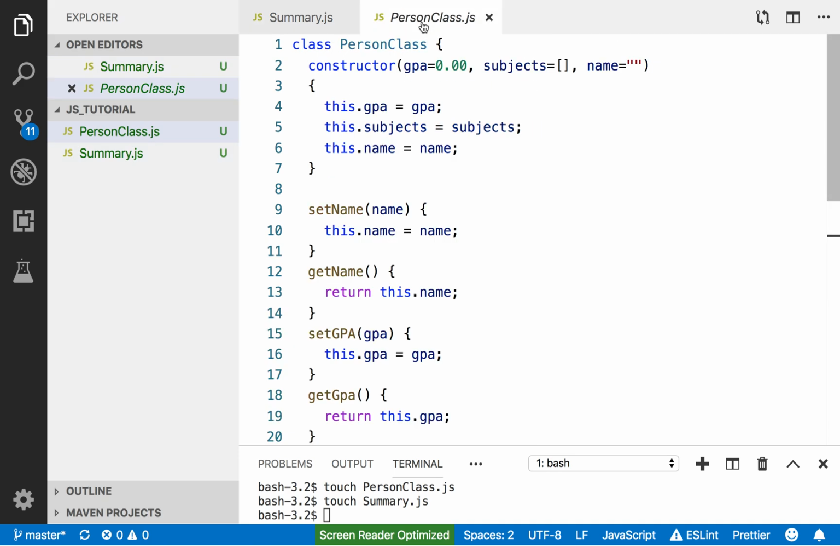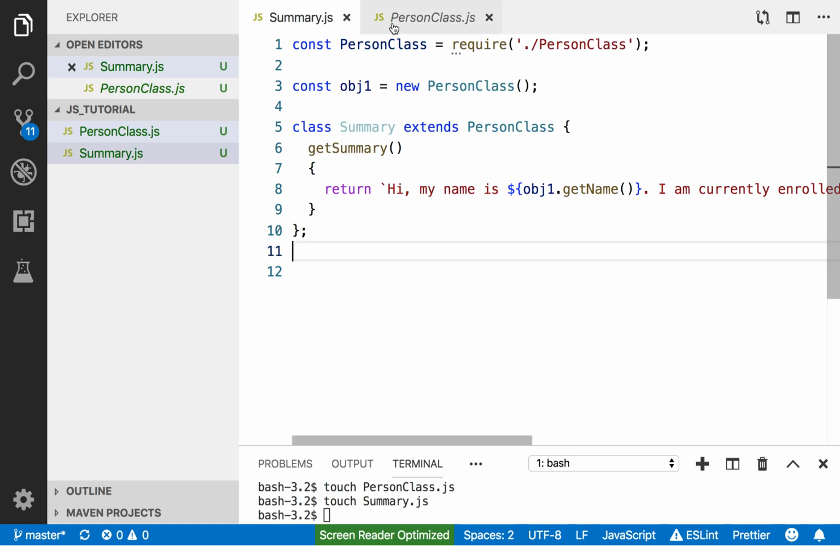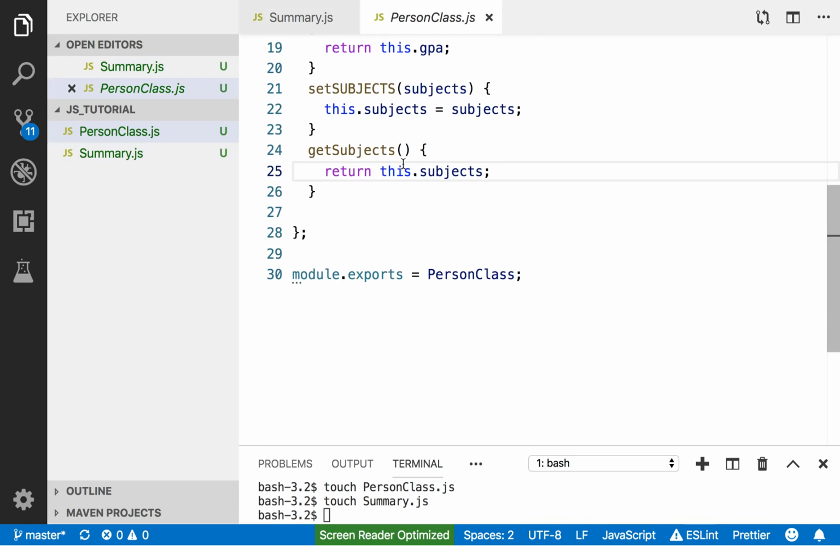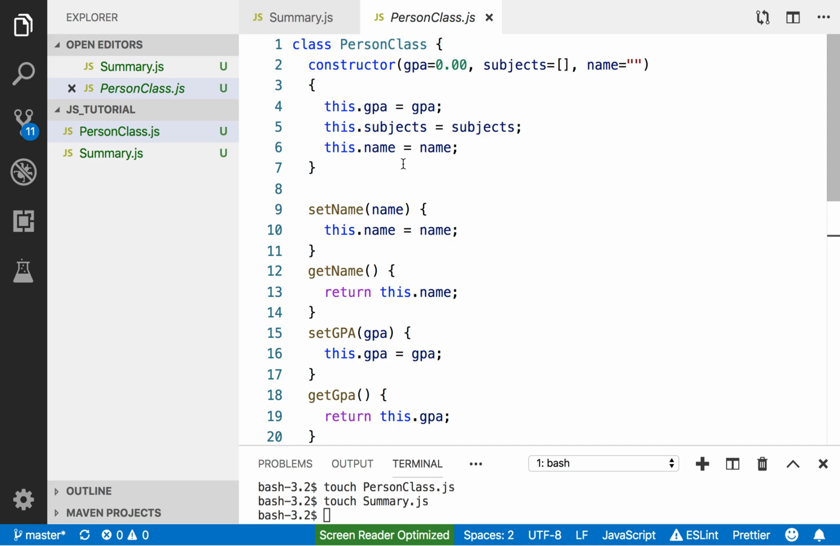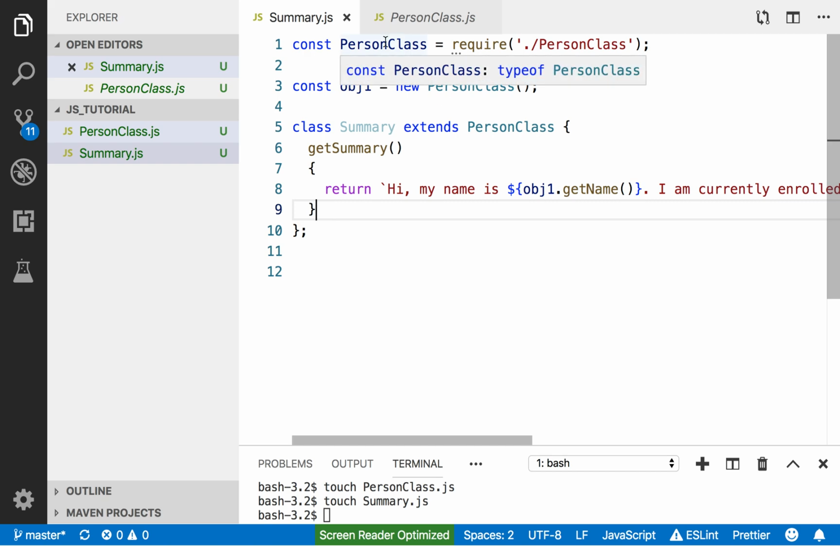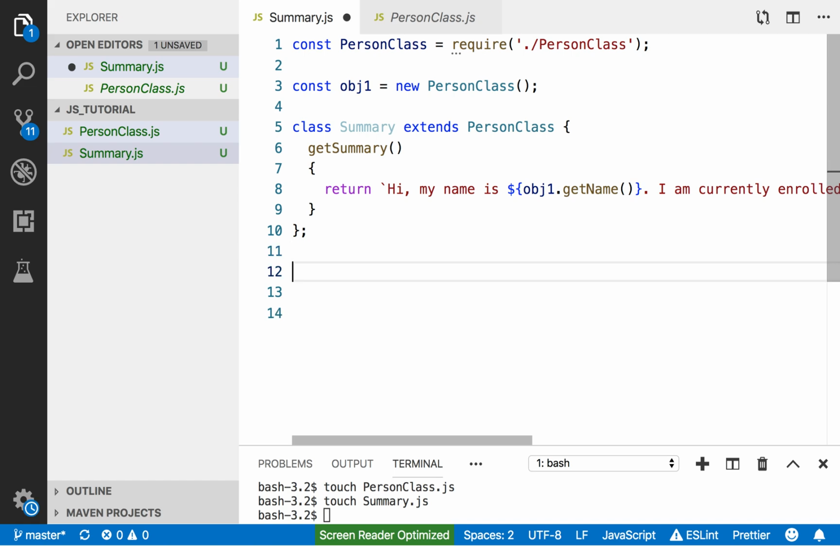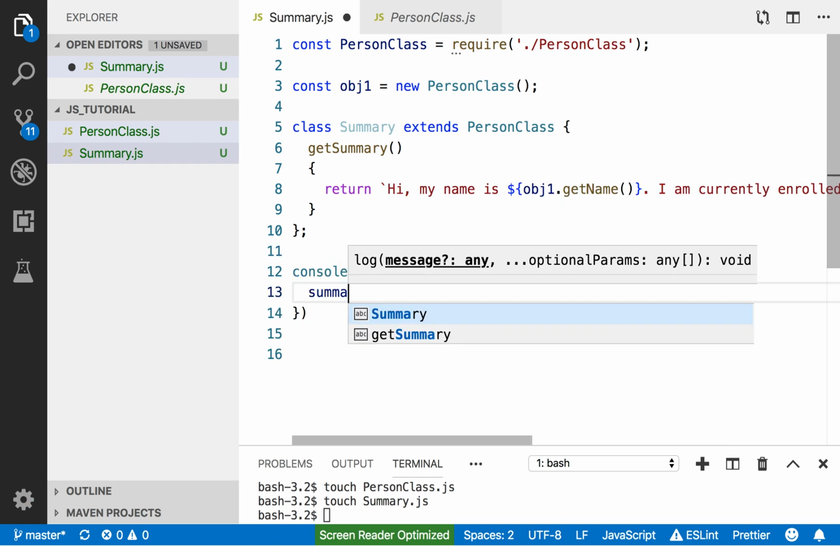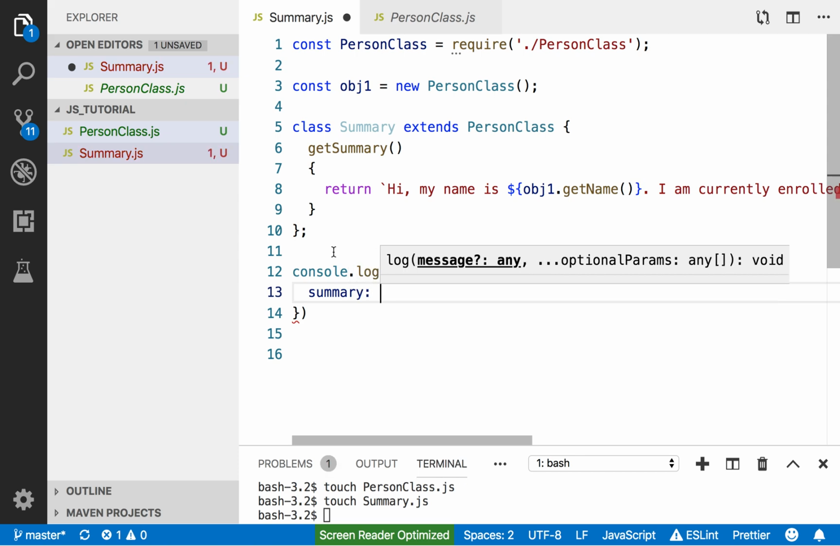If we call the person class, we don't have access to summary. Nowhere in person class do you see a pointer or a reference to summary. But if you call the summary, you see that we're requiring the person class, and we have a reference to it with object. So summary is the class that we call. So let's print this out. We say console.log. I'm going to say summary. And then what summary do I want to get? I'm going to say